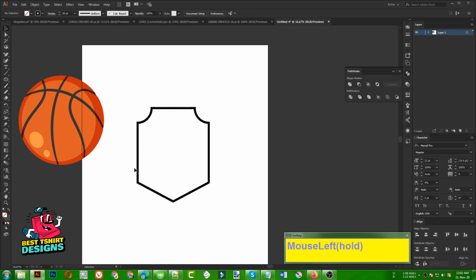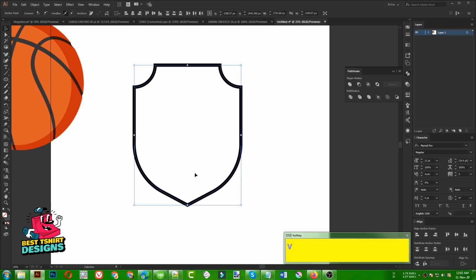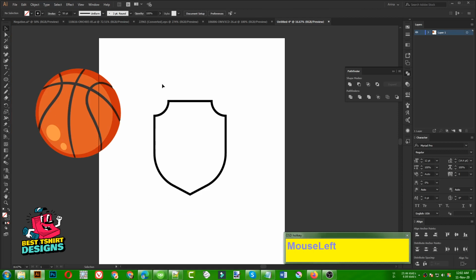So let's select our direct selection tool again and select these two points only, and if you are using a CC version of Illustrator you will get this rounded corner option. That is how we can easily make a shield.